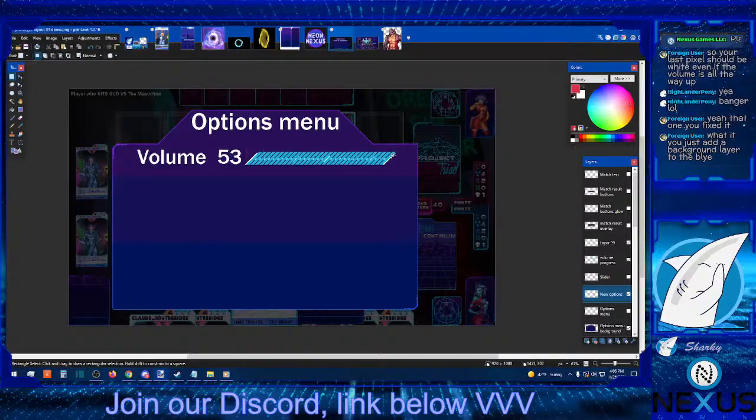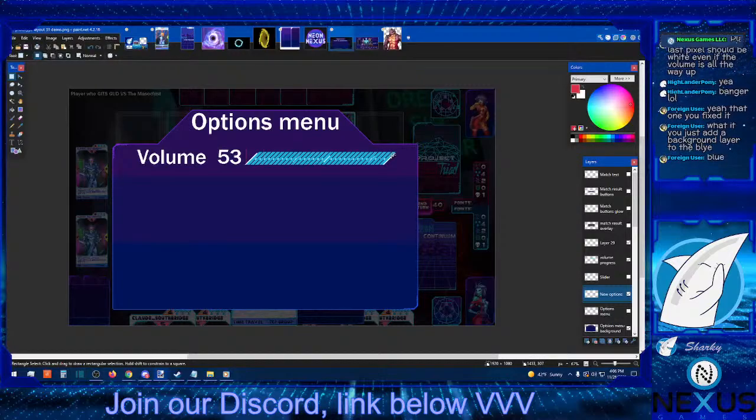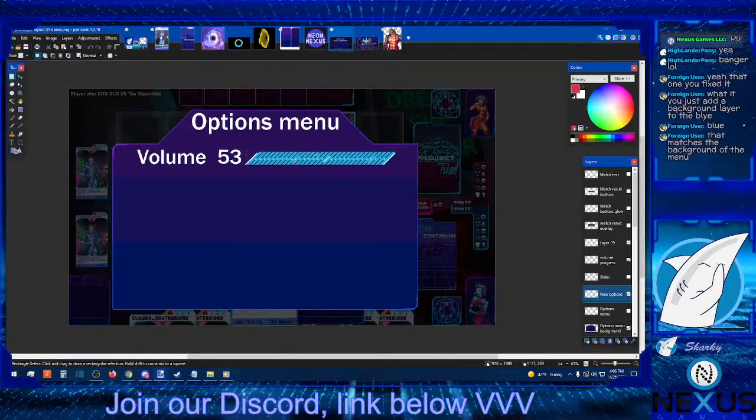What if you add a background layer to the blue? You mean a background, a color behind here? Or you mean just a color between the slots? Oh, you mean like,